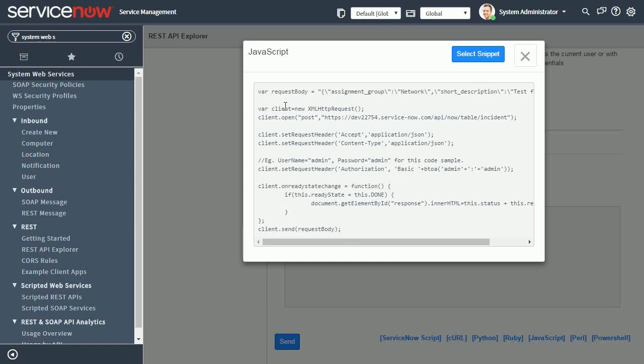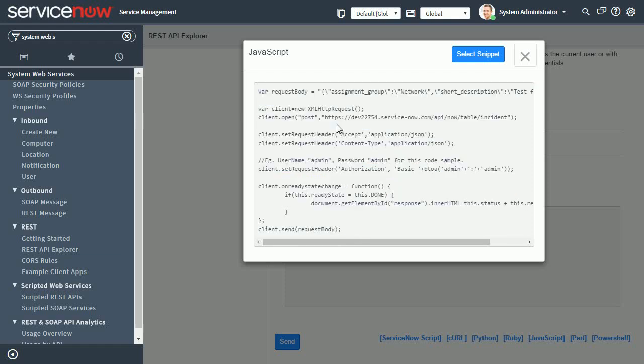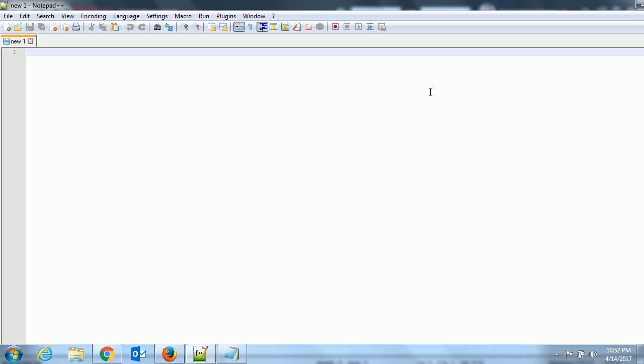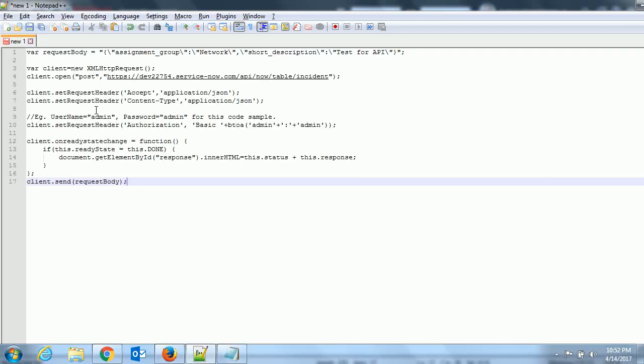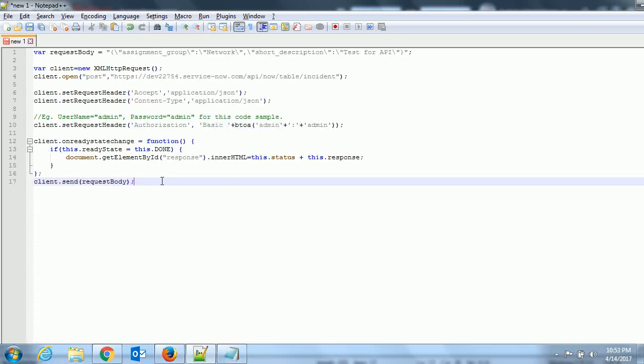Now this is our script which we have to put for our web page. So our HTML web page should refer to this JavaScript and create the record accordingly. So we will click on select a snippet and we will copy this code, and then we will go to Notepad. We will paste this code. Language should be JavaScript. Okay. So you can see we are pushing request body as assignment group here and short description in JSON format,